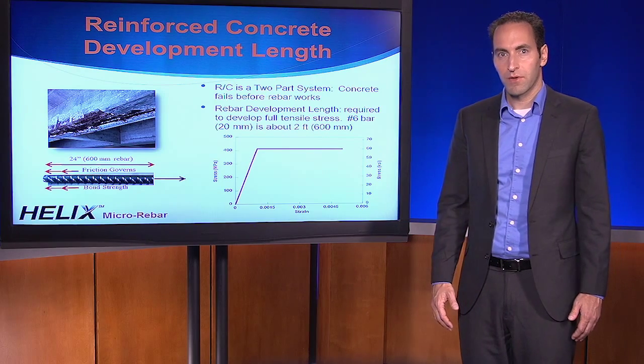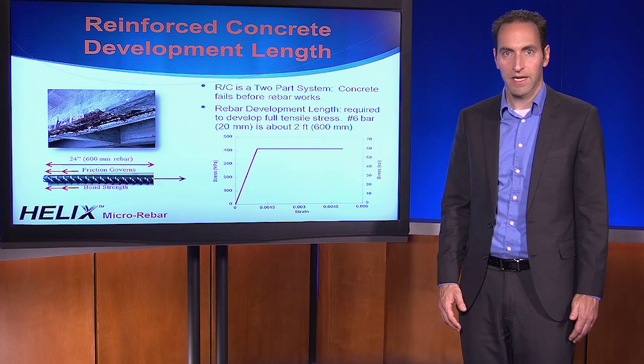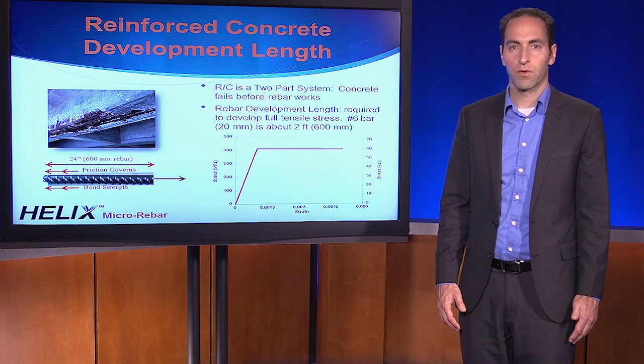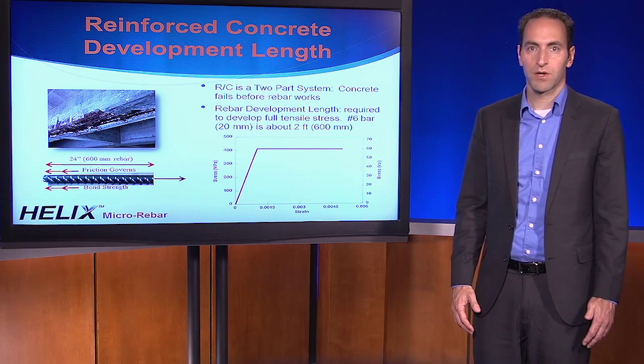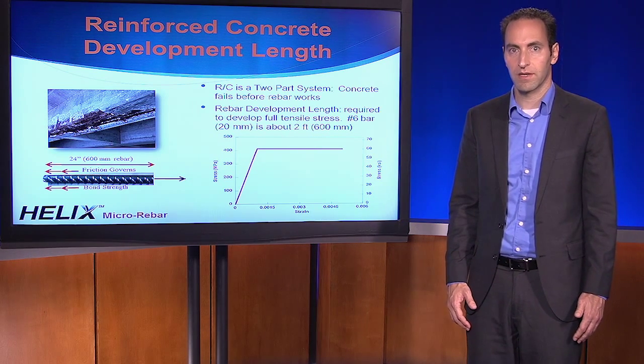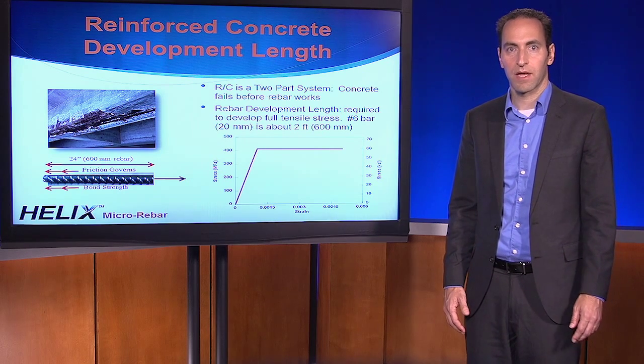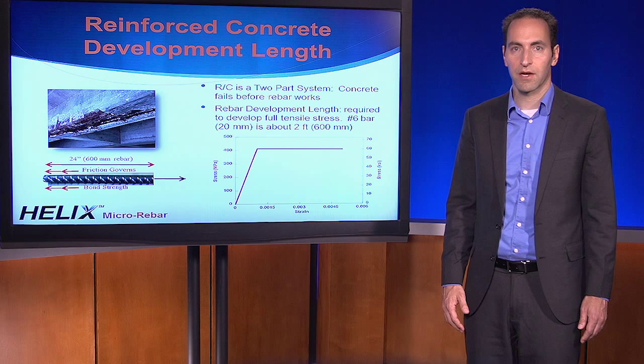Let's start with a review of concrete basics. We assume concrete cannot carry any tension, and it must fail before rebar activates. As a result, our job as structural engineers is to find areas where there's tension in the concrete and add reinforcement. We assume that the concrete will crack in these locations, and the reinforcement is designed to carry all the